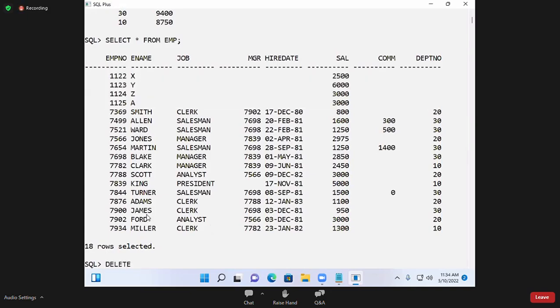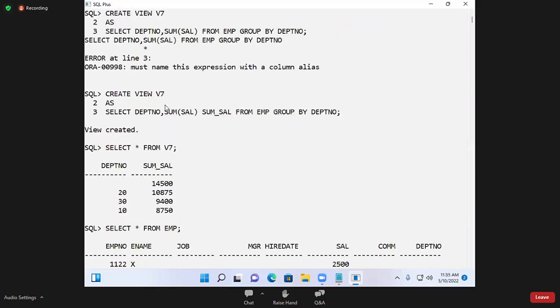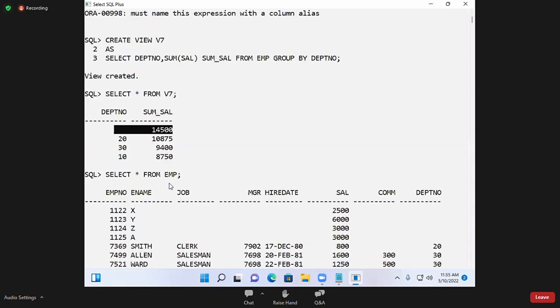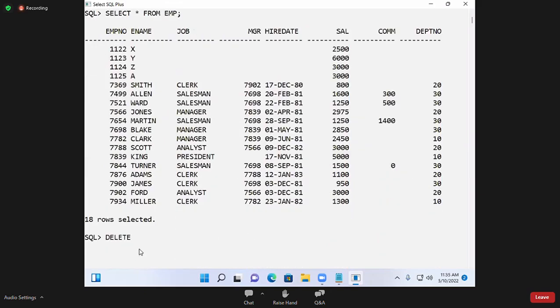Suppose if I delete it, carefully observe. At the time of view creation, I have some null data. So null total salary 14,500 and department numbers 10, 20, 30. And these are null salaries. Okay. So this was showing in my view, but now we can see if I delete here,